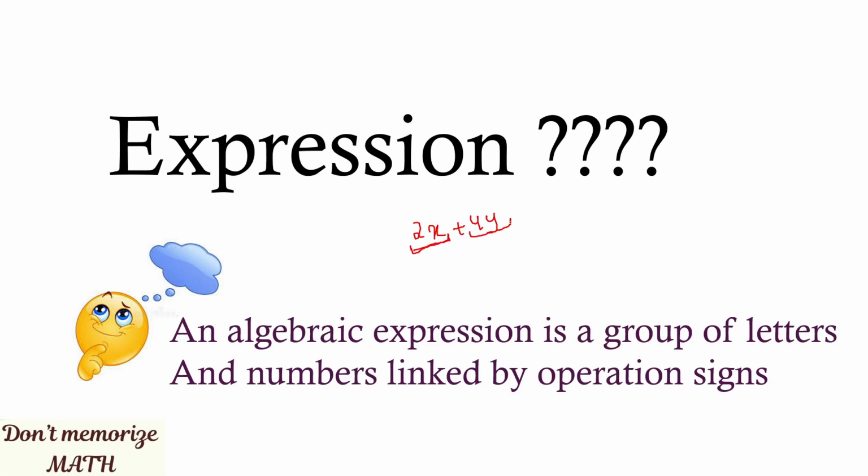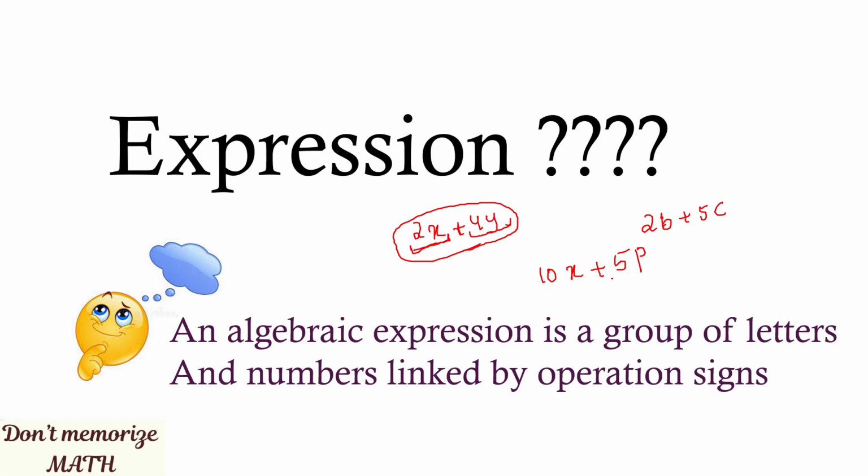Letters and numbers are coming together. They are linked by operation signs like addition, subtraction, multiplication, division, or you can use any mathematical operations here. So this complete thing is called an expression. Okay, for example 2b plus 5c, and 10x plus 5p. So like that, when letters and numbers are coming together and also linked by some mathematical operations,